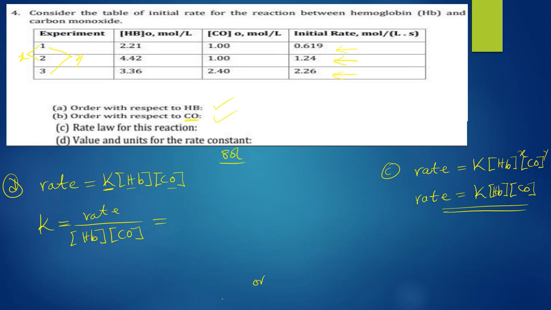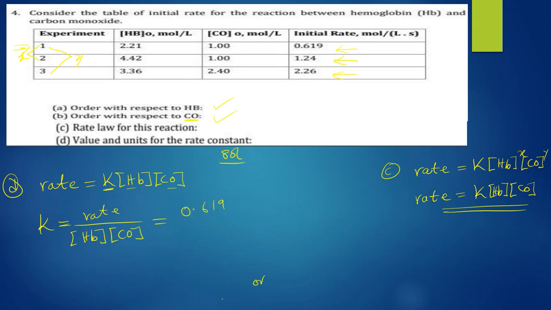If you use experiment 2, you're going to use the concentration 4.2 and so on. For me, I'm going to use the information for experiment 1. So on experiment 1, what are you having? Your rate is